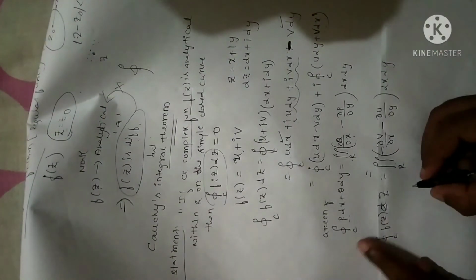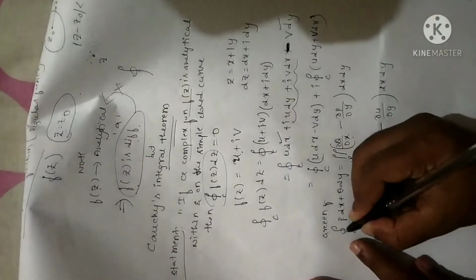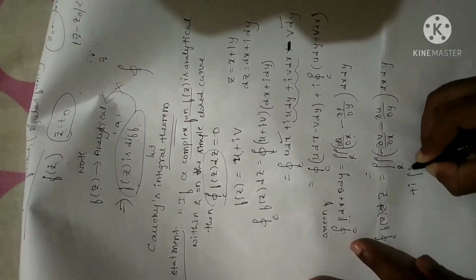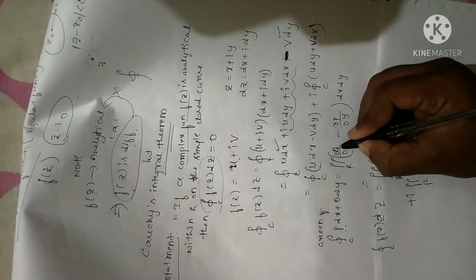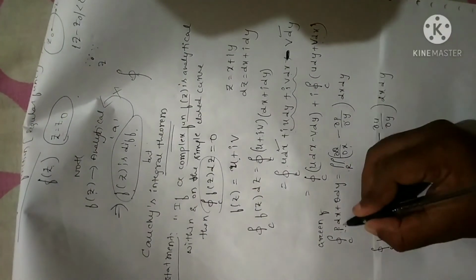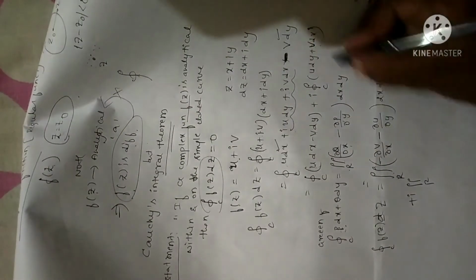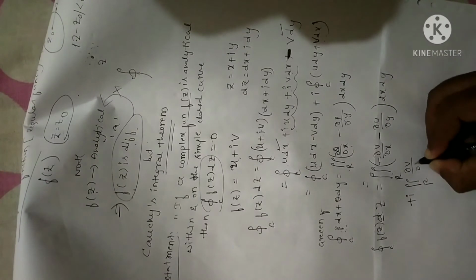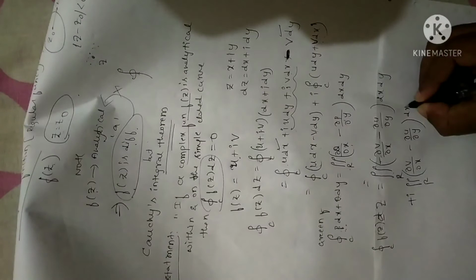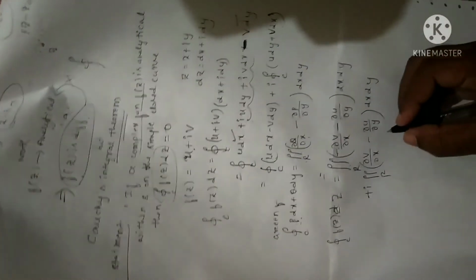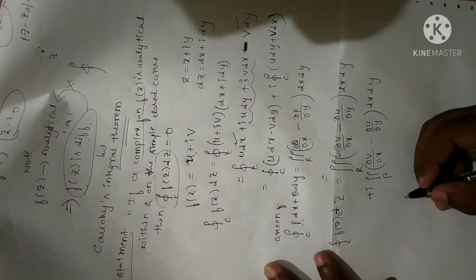Now for the second term I am doing the same. Plus i as it is. Now this closed integral will become a double integral over the region R. In place of P and Q, here I have Q equal to v. So I can write dou v by dou x minus dou u by dou y into dx dy. It is just a substitution, you should know this. So I have applied Green's formula for the above step. Now since f of z is analytic, why?